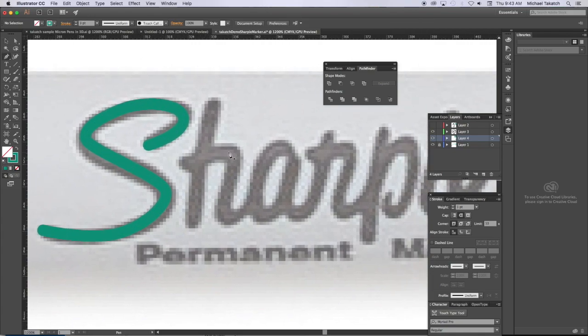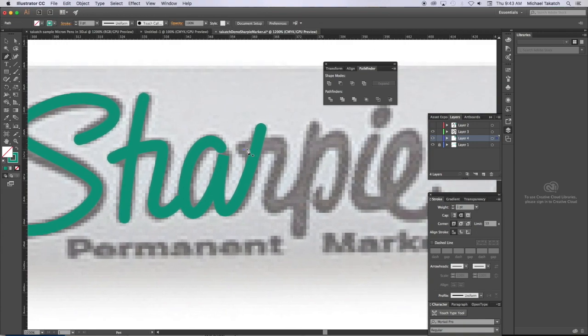So I have the pen tool highlighted, so I can just kind of start the part for the H, stretch it down, hold the command key and deselect it, so I can just continue to do the script logo, and I can always adjust it when I'm finished. So here, like the letter A, going half the distance around this point, and here if I want to I can click a corner point and just continue, just like as if you're writing with a script piece. Here's where I'd click it off to get the R,